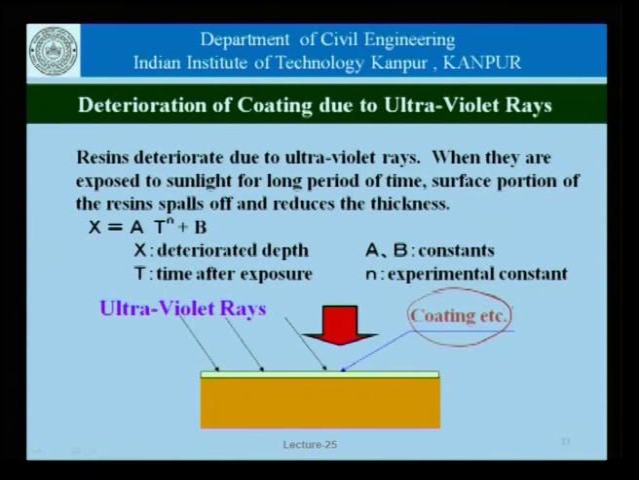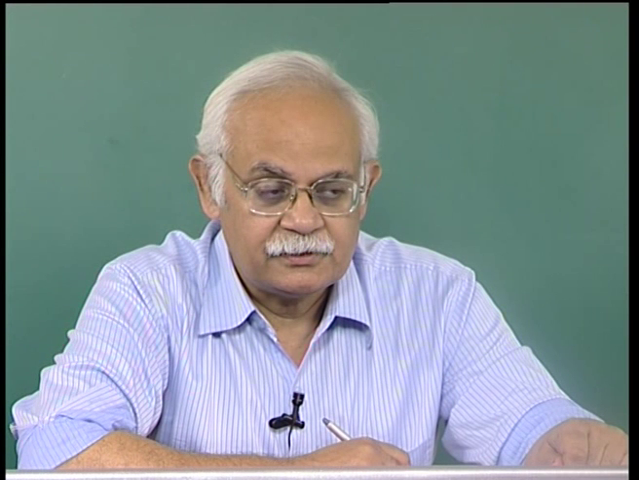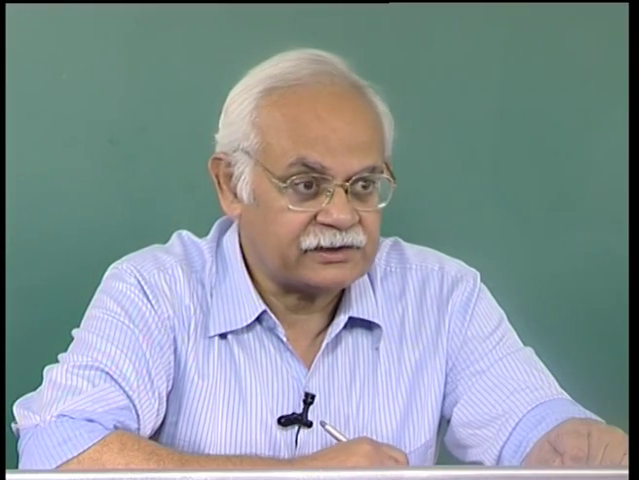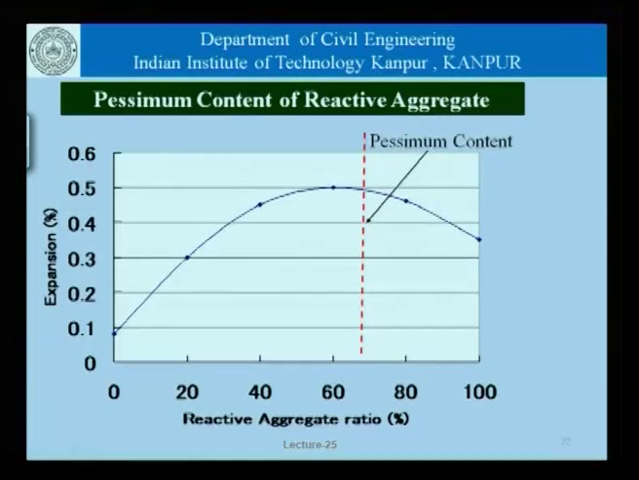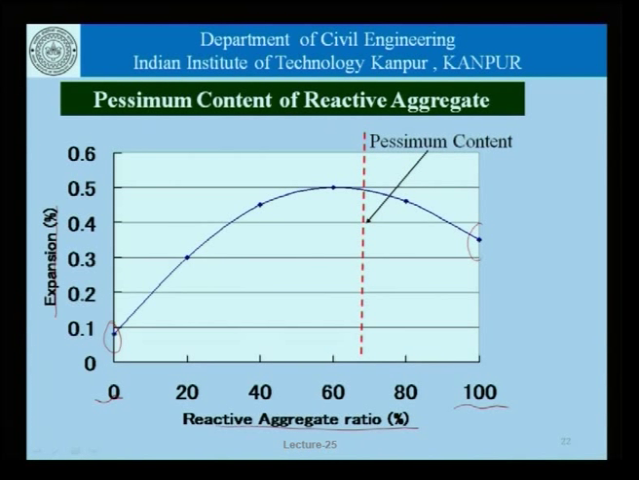We talked about the option of mixing reactive and non-reactive aggregates. This here is a picture of what is the likely expansion that we get if we vary the reactive aggregate ratio from, let us say, 0 to 100%. That is, we do not use any reactive aggregate, and still we will get some amount of expansion for different reasons, and using 100% of the reactive aggregates. We must remember that